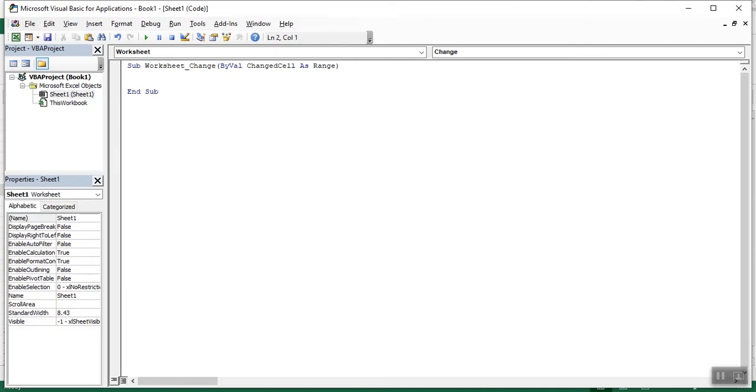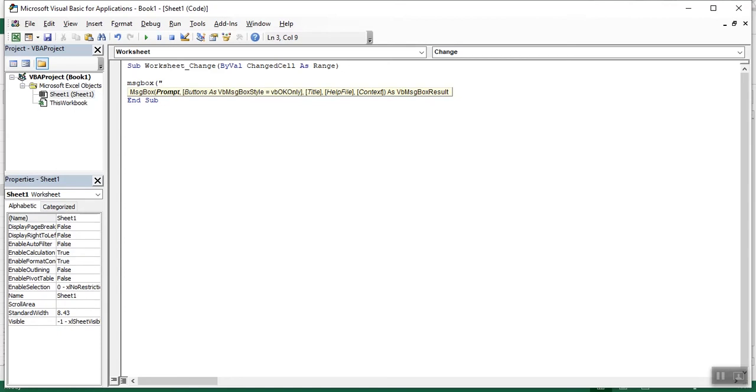Now for the second line of code, we will be using Dim. One update you can include is a message box, in case you would like to have a prompt whenever there is an update to the cell, so that a user will get a prompt.